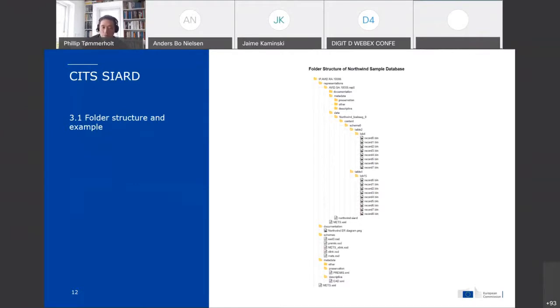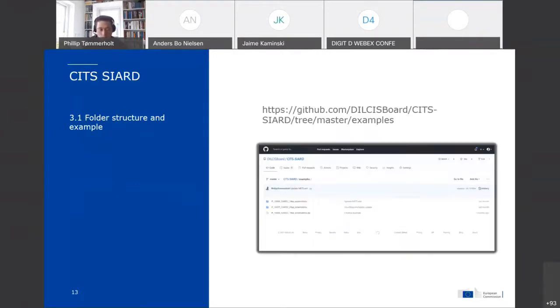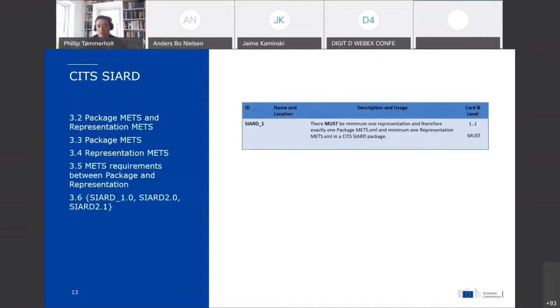So this is why we state, and the SIARD specification is built up, that we operate with having one package METS that only describes the package at a general level, and then let the different representation METS files describe which version of a relational database is inside this representation. And this, of course, creates some extra requirements in section